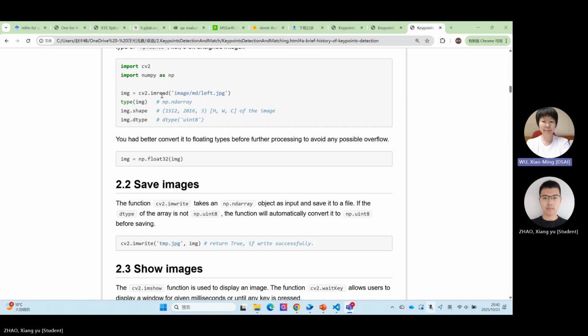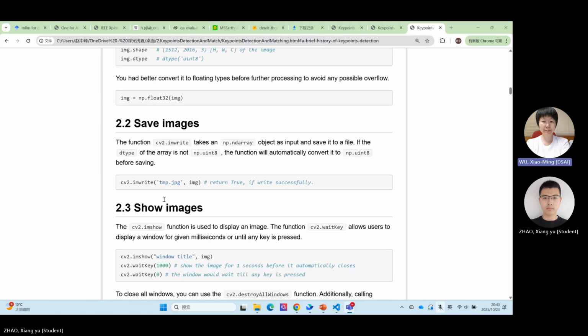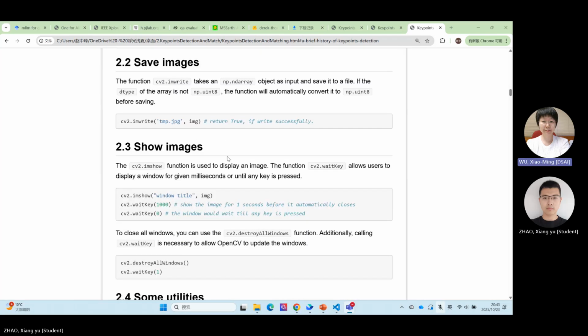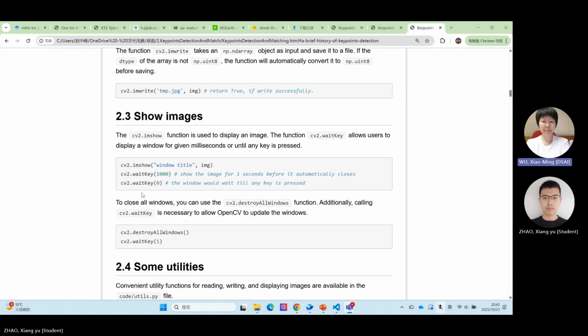After you use cv2 to read an image, you can use NumPy to process it. Saving images can be done with the cv2.imwrite function. It is very easy; you can try it by yourself. Showing images is also very simple. Just use the built-in function cv2.imshow. Also, you can use waitKey to